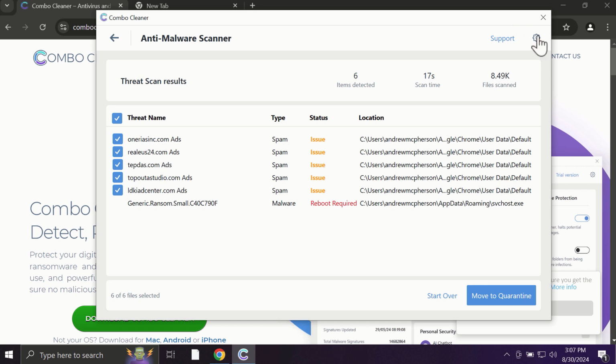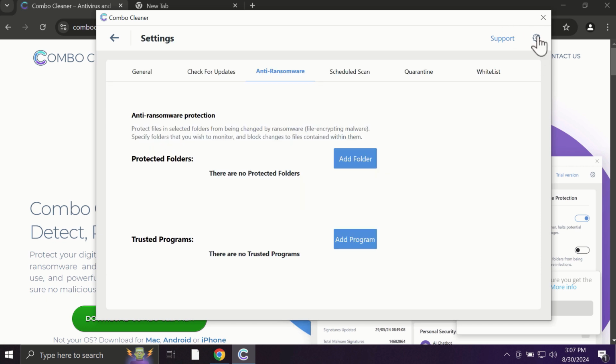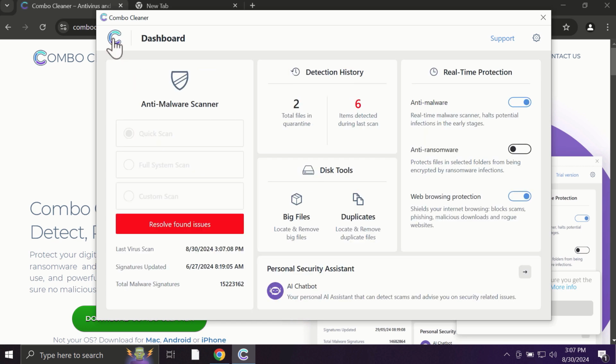With premium license, for instance, there is an excellent anti-ransomware feature which helps to always keep your data protected. You can add certain folders on your system, and the contents of these folders will be always under the protection against ransomware attacks. And Combo Cleaner works extremely and exceptionally well when it comes to identifying contemporary threats like adware,